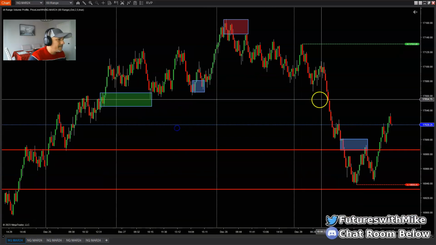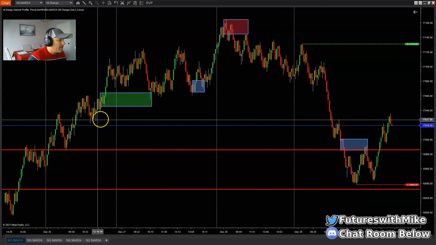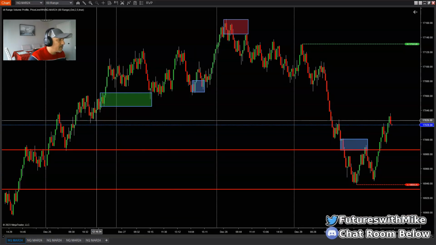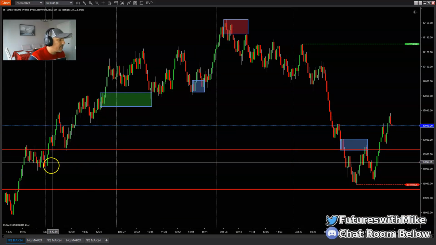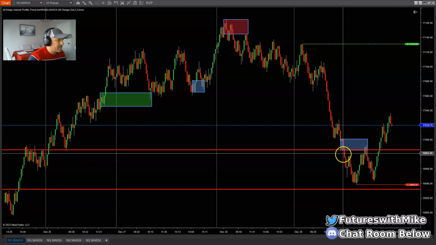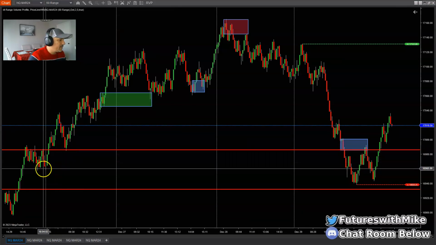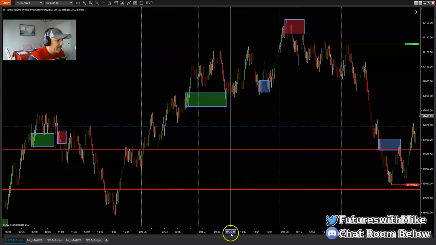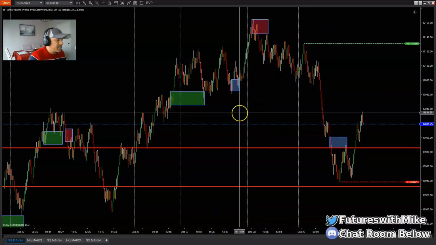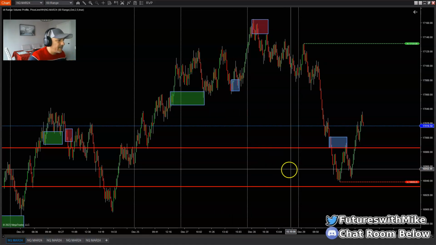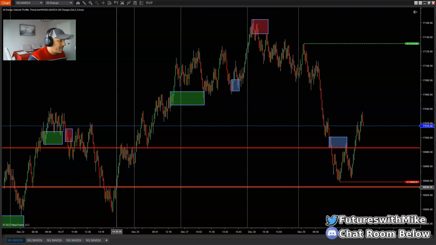We broke through this area of structure right here. And as we continue pushing lower, we took out this area of structure right here, okay? And we also took out this area right here. Kept pushing lower, we took out this area here. And then we came down, eventually you're probably going to come up against some area of support or maybe even a demand area. There was a demand area resting down here at